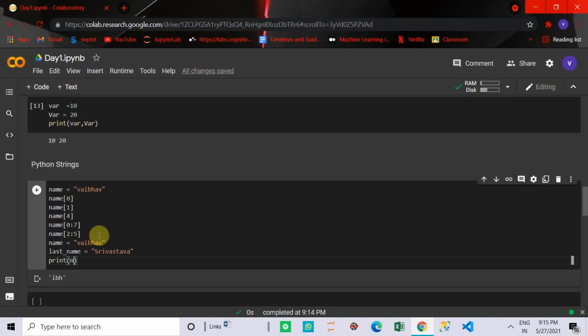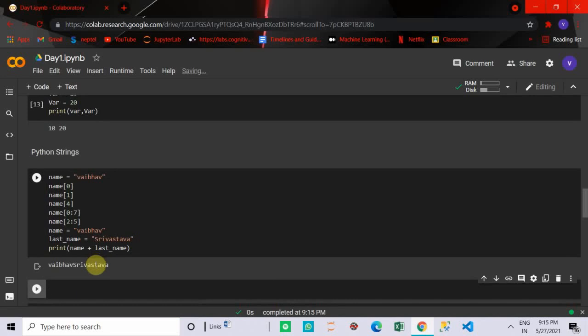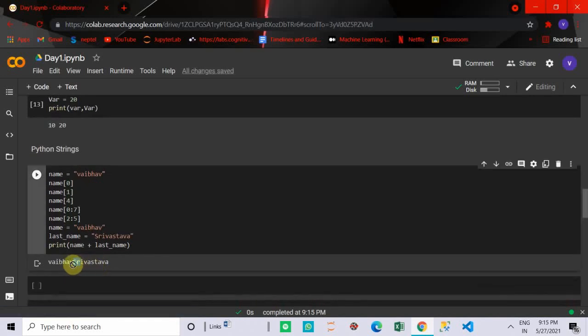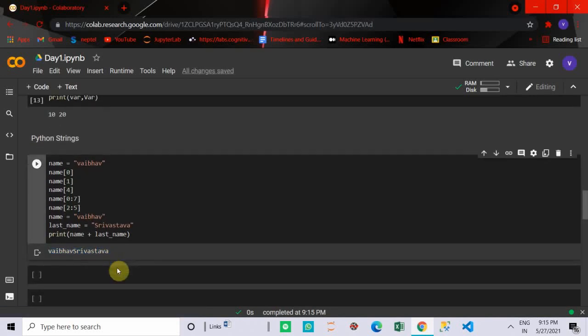Print name plus last name will print Vaibhav Srivastav. Joining two strings of the same data type is called concatenation.